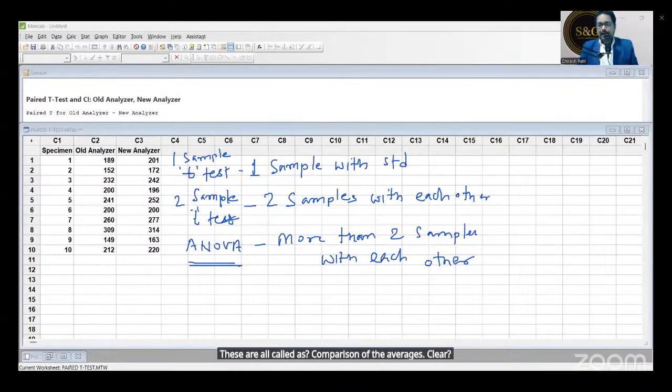Clear? Can you just open this file called ANOVA? We will just do ANOVA now.